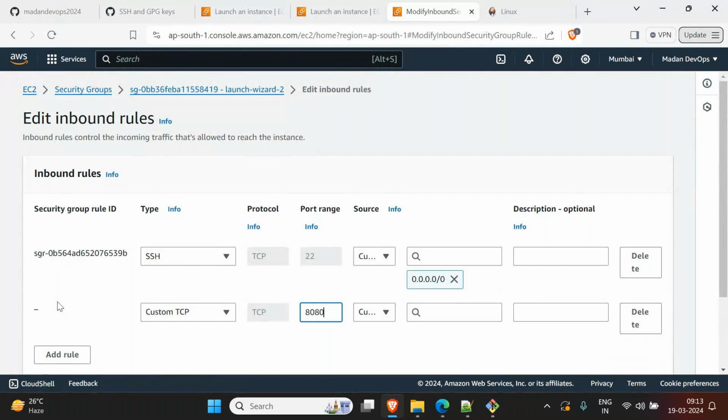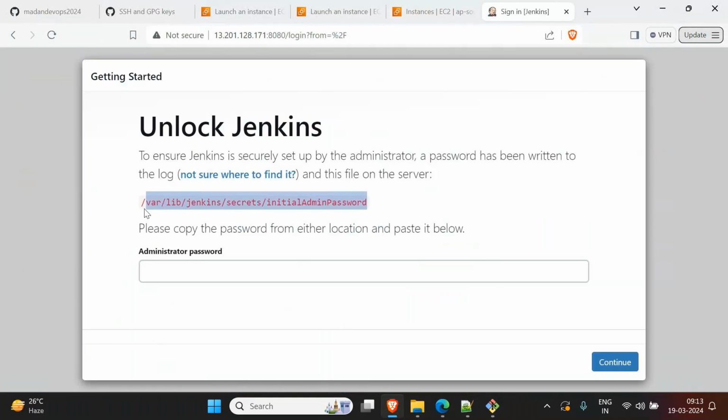Now it is ready. Now we can access it. So what is the IP address of the Jenkins? It is the public IP, and here it is running on port number 8080. So type colon and type 8080, and it is ready now. Now it is saying get the initial password. Just copy this